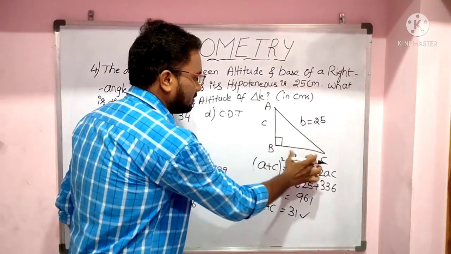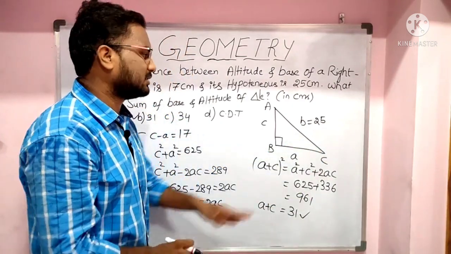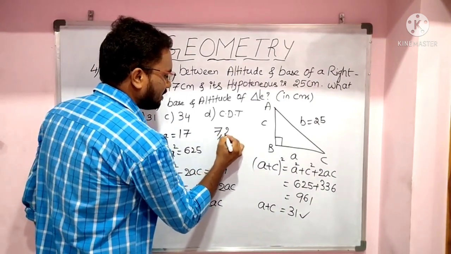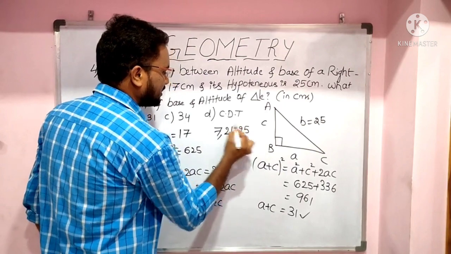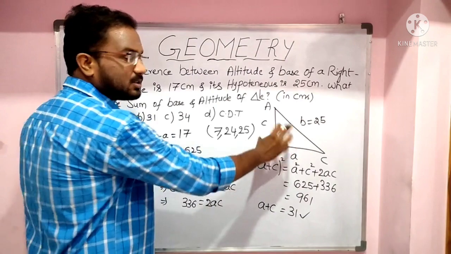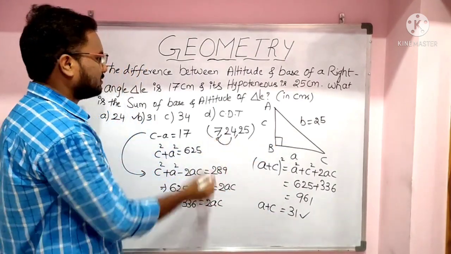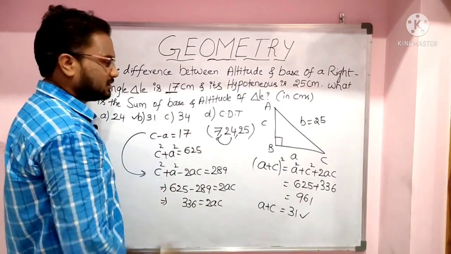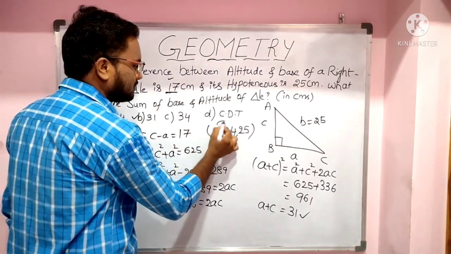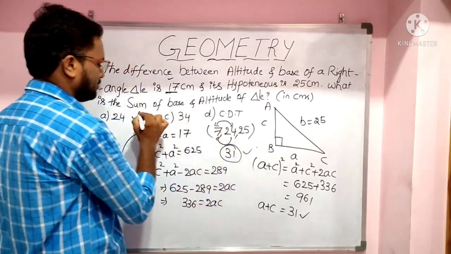Okay, so this is the right angle triangle. Hypotenuse is 25. Okay, so we have a triplet. I already told you 7, 24, 25. It is a Pythagoras triplet where 25 is hypotenuse. So difference between these two sides is 17. This condition is satisfied. Hence the sum of these two sides will be 7 plus 24. Answer 31.